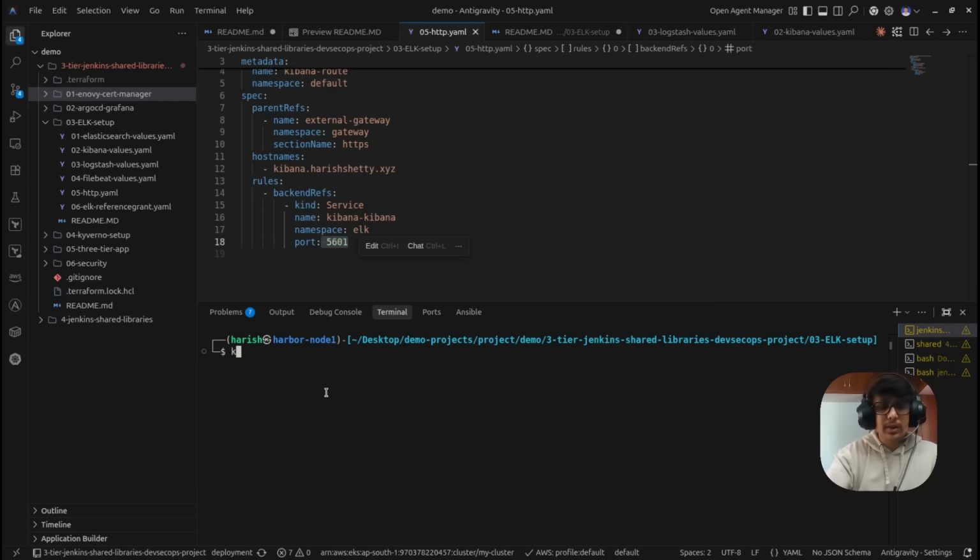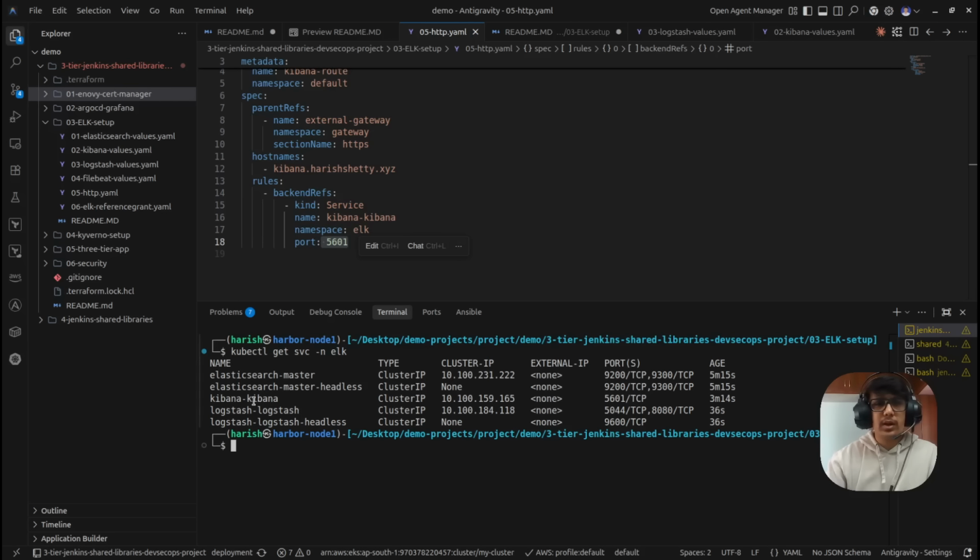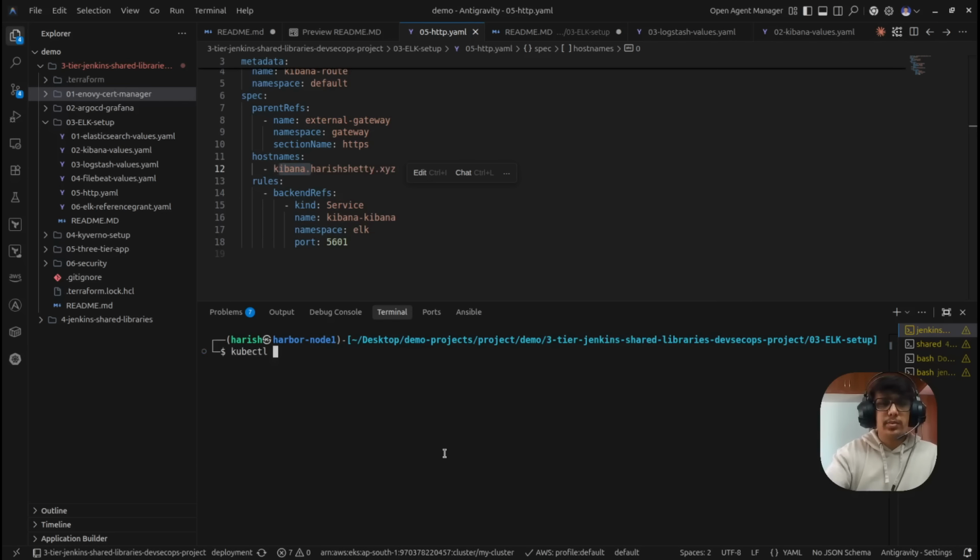How to find out? Can you remember the command? kubectl get service, and the namespace is elk, and you can see the service Kibana, and the port is 5601, right? And this is the name. Let's apply it, kubectl apply,